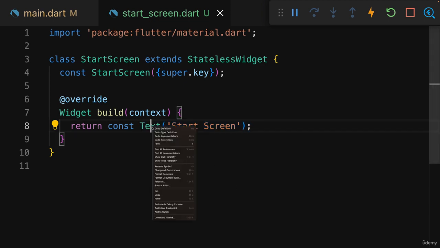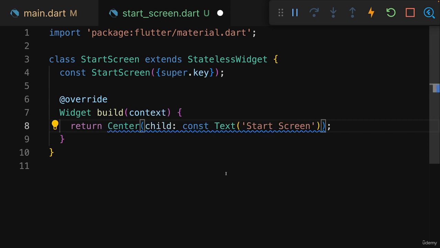Now that can be changed by wrapping it with another widget, to be precise, the center widget. This center widget, as its name implies, centers its child widget, its content. So in this case, this text widget inside of it, both horizontally and vertically. And in order to do that, the center widget will try to get as much space as it can. And since this center widget